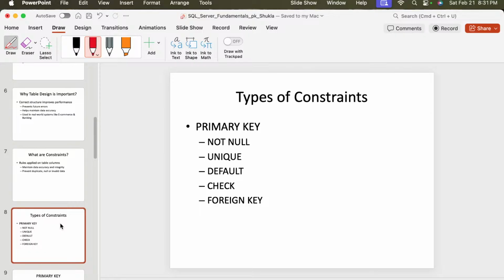सो टाइप ऑफ कंस्टेंट की अगर हम बात करें तो प्राइमरी की होती है, नॉट नल होता है, यूनिक होता है, डिफ़ॉल्ट होता है, चेक होता है, फॉरेन की होता है. सो डोंट वरी, वी विल सी इन प्रैक्टिकल एज वेल, एंड ऑल्सो वी आर गोइंग टू explain all the things